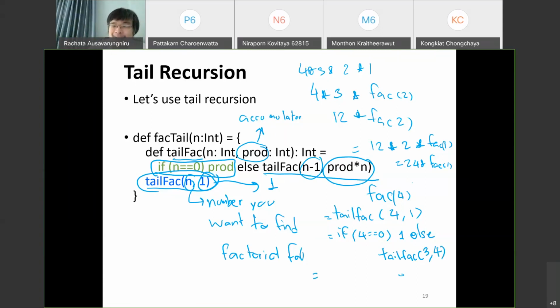What does it do? Basically, if 4 equals 0, yep, sorry, this is false, right? So you're gonna do tail fact of 3 and 4. What is tail fact of 3 and 4? That if 3 equals 0, return product, but my bad, not 1. What is product for tail fact of 3 and 4? That's 4, right? Else, you do tail fact